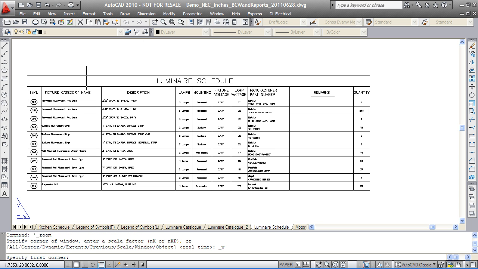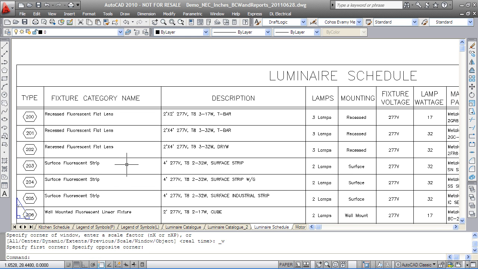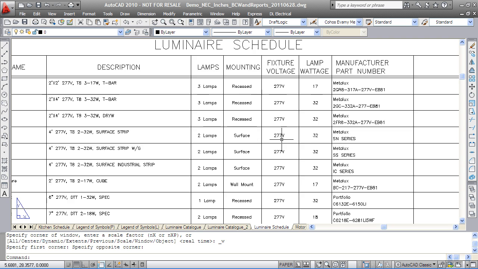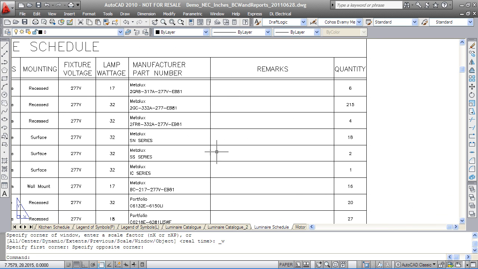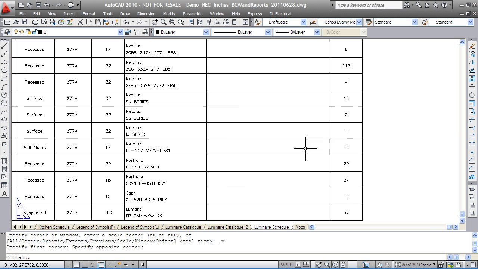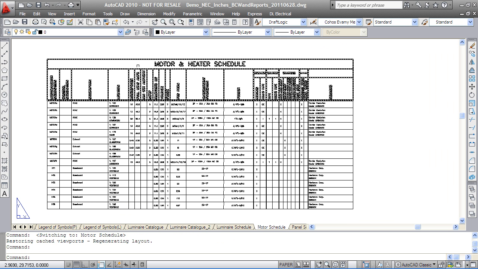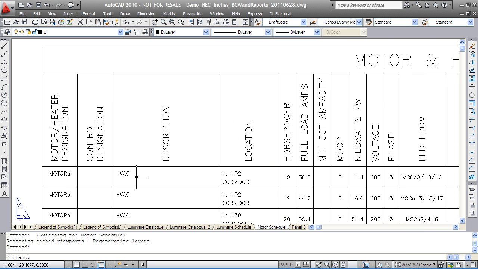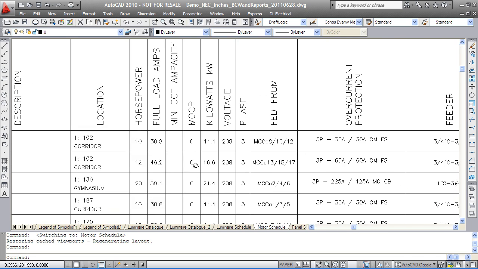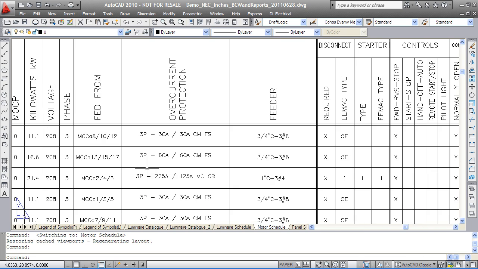Here we have our luminaire schedule, which gives you a summary of each luminaire used on the project, the type number tying into the luminaire catalog and the luminaire tags on the drawing, a description, number of lamps, voltage, and the quantities. The motor schedule, which by your choice can either be a motor only schedule or a motor and heater schedule, gives you detail about each of your motors, heaters, description, location, horsepower, feeder,